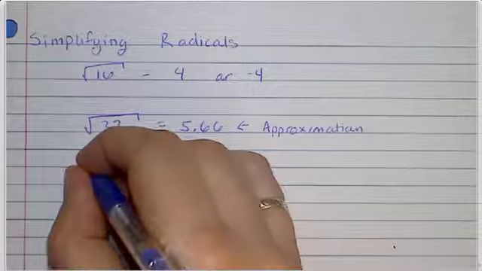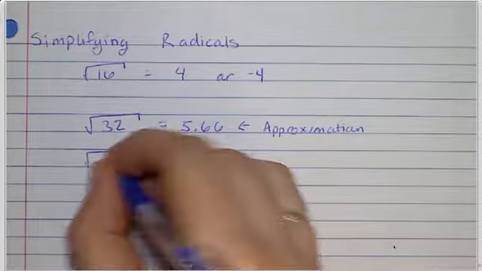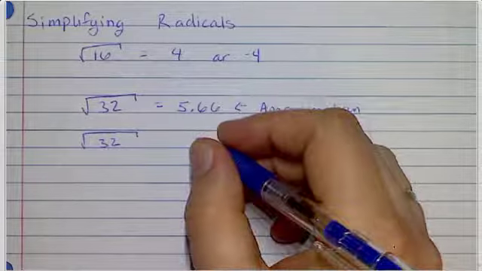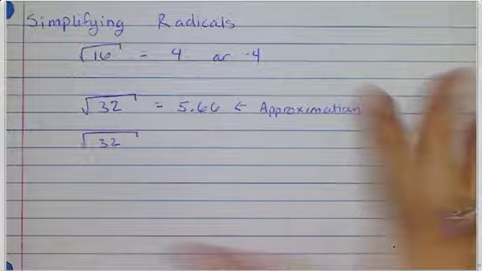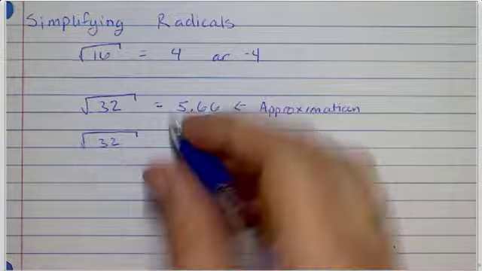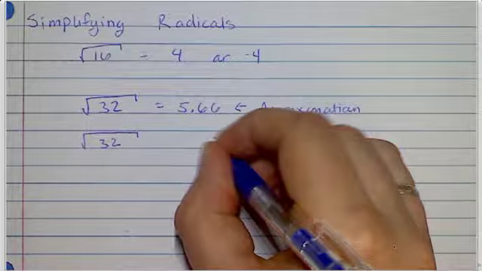So how we're going to take the square root of 32, or radical 32, and how we're going to simplify it. This is how I teach my students to do it. There are other teachers who teach in a slightly different way, but I think this is the easiest way to do it. So we're going to take the square root of 32, and off to the side I'm going to take 32,